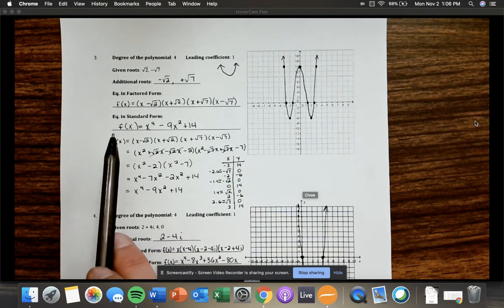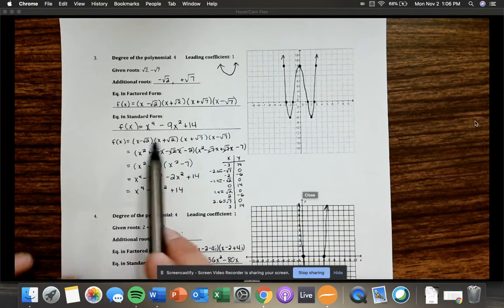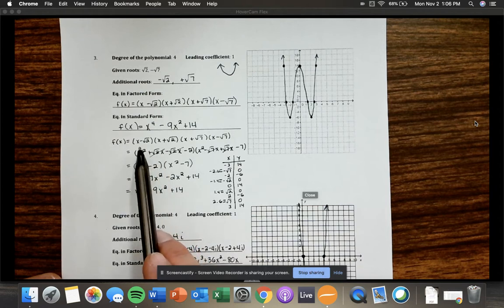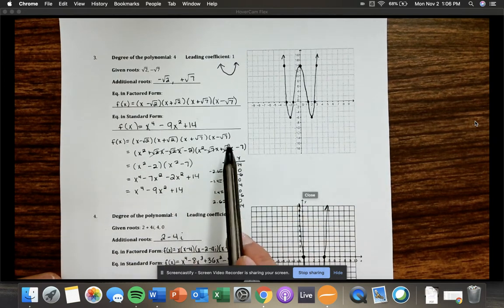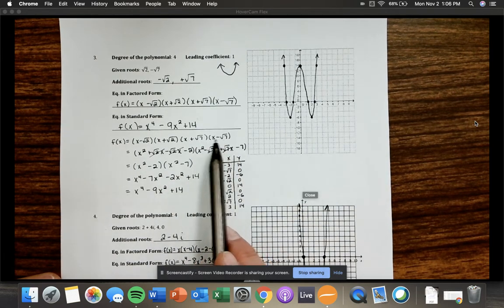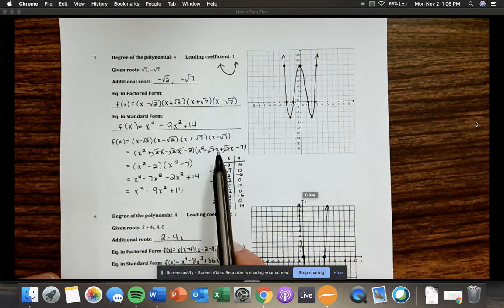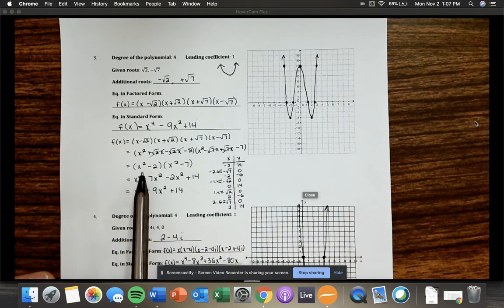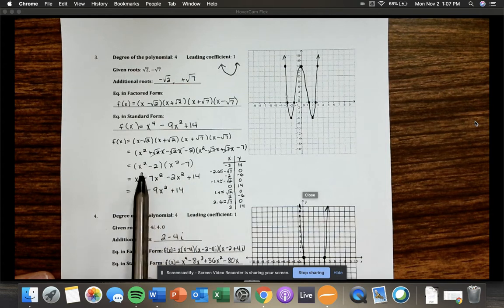So then we have to write it in standard form, which really isn't bad. It's just a lot of foiling, right? So we have this x minus root 2, x plus root 2. We would FOIL it out, right? And these square root 2 times x terms end up canceling. And it's almost the same problem in the second two, except it's square root 7 instead of square root 2. All right, so we get some terms to cancel. And we're left with x squared minus 2 times x squared minus 7, which again, we would just FOIL